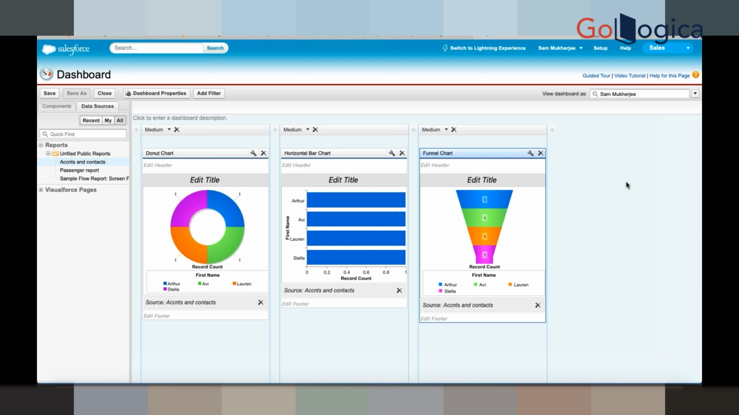Clear? Yes, sir. Yeah, it's clear. So this is what reports and dashboards are all about. It's very simple. And one more thing: when we create the reports, we directly click run and we'll select the